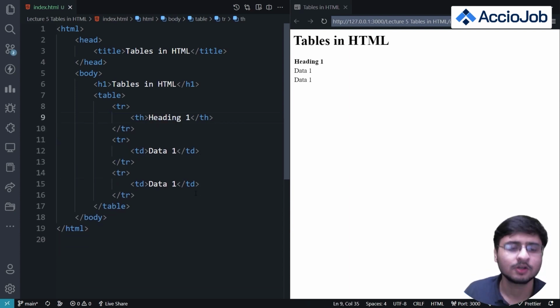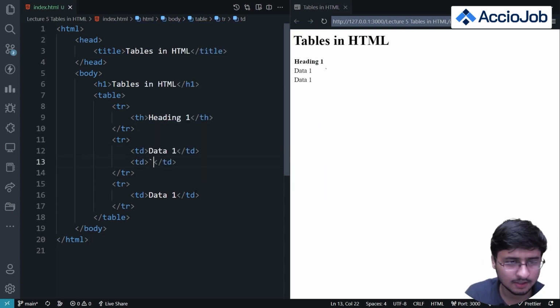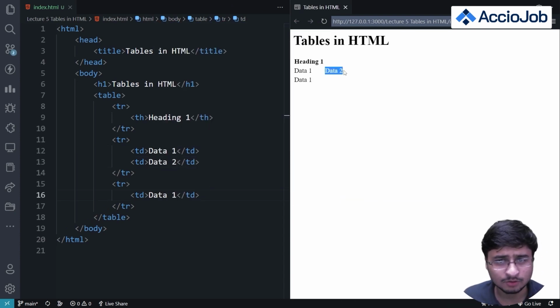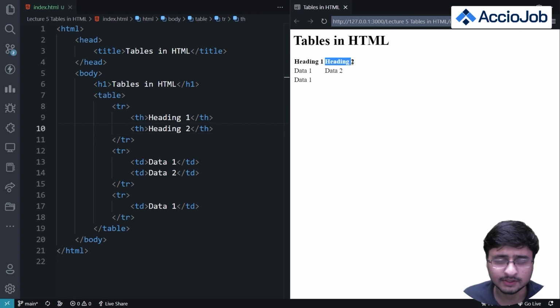Okay, so now I'll just play with these tags to explain how a table works, right? I'll just add a table data here, data 2, and you can see that this data 2 does not have any heading, because this heading tag is coming above both the data 1 tags, right? And if I add a heading 2 tag here, this will come above this, right?